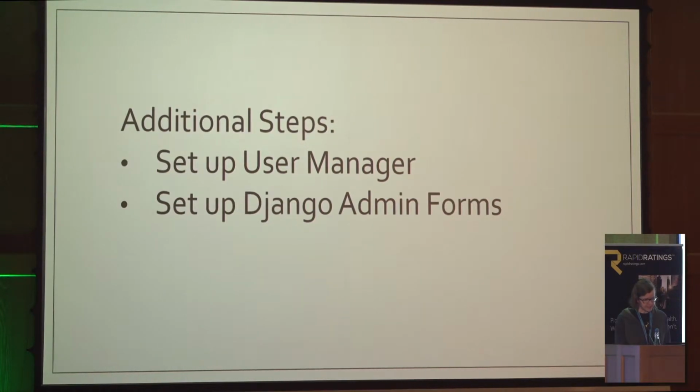Mostly these things include setting up a user manager in models.py, which will allow us to define functions of how users are created. And we'll also need to set up a form to edit our custom user model in the Django admin. This might sound kind of daunting, but fortunately Django has all of these things spelled out in its documentation,